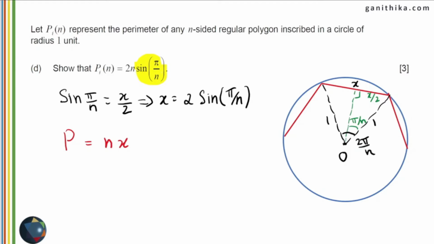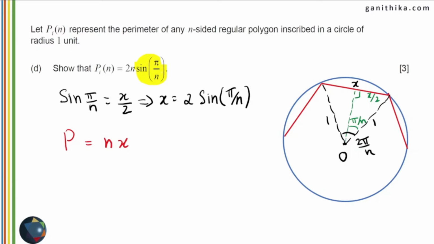If you use the cosine rule here, then you will come to this step eventually, but it will take longer. But the question here is only for 3 marks. So, in order to cut short the steps, that is the reason why the first question was asking you to use right-angled trigonometry or otherwise. If you go back to question A, you know that it says use right-angled trigonometry or otherwise. So it's better you don't use the otherwise part. You don't use the cosine rule anywhere so far.